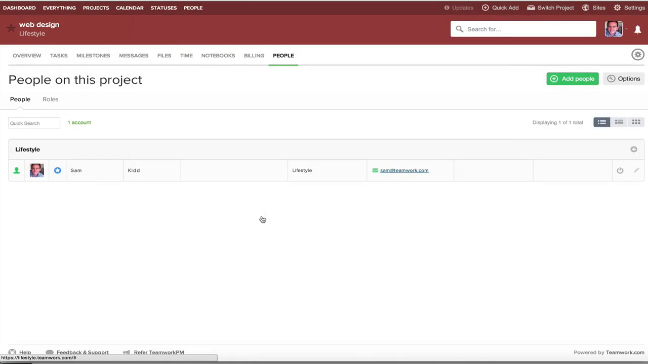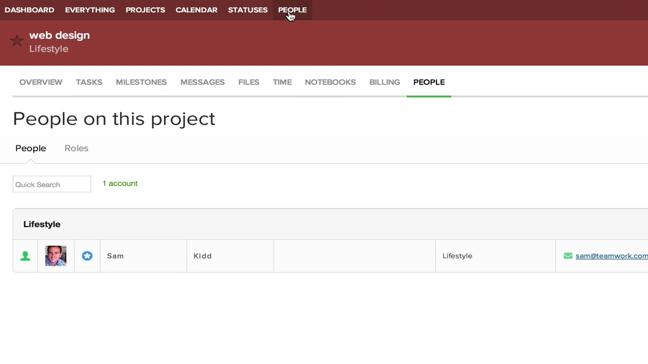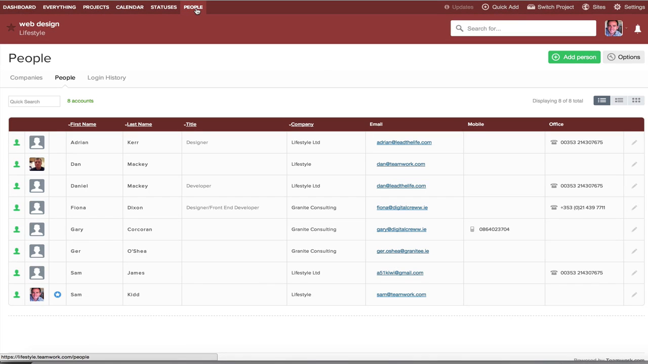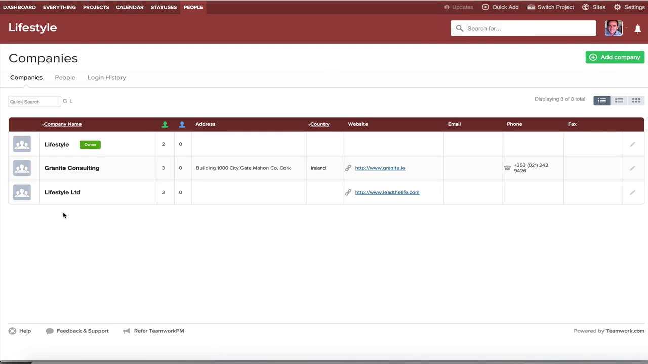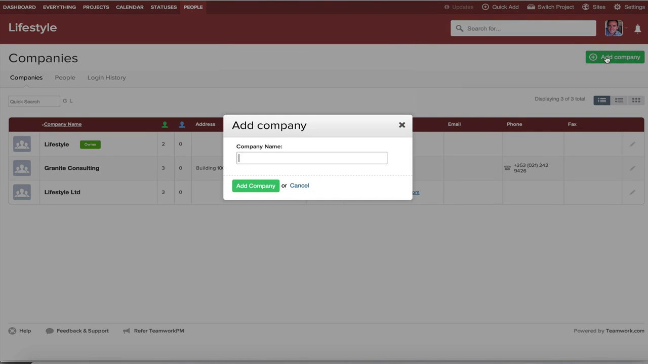So if I just cancel from here and just show you here, you have people at the very top. So the top ones here are all related to the overall account. So this people section at the top is all people through all projects that you have already added. So you can add people here before you create any projects as well. So you can add a company, add the company name in,